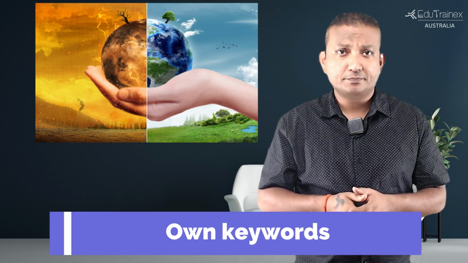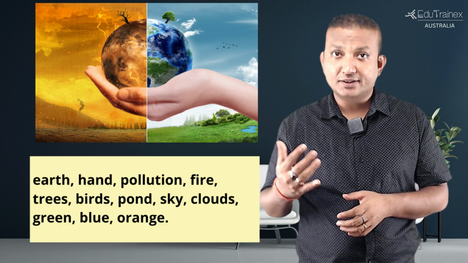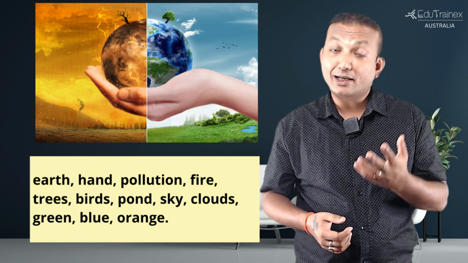Let's look at another tricky example this time. An image with just a picture, no keywords. What do you do then? Let's take this example. For this type of images, you need to build your own keywords in the 25 seconds that are given to you before speaking. In worst case, if you are unable to think of many words, as the template needs, just repeat the previous keywords in a random fashion. Let's say we picked up these keywords after looking at it: earth, hand, pollution, fire, trees, birds, ponds, sky, clouds,